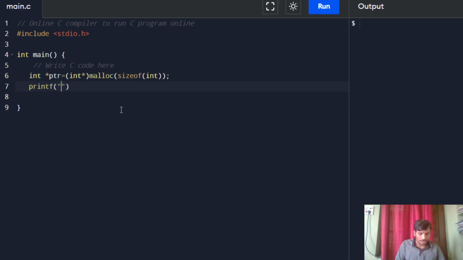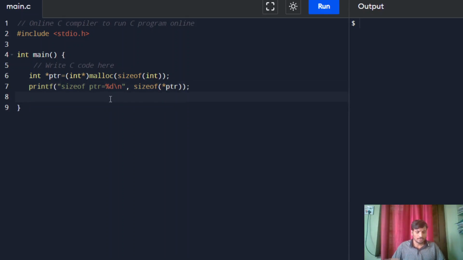So here, size of ptr is equal to %t, size of pointer, not pointer, the pointer allocated blocks. For that you have to use star.